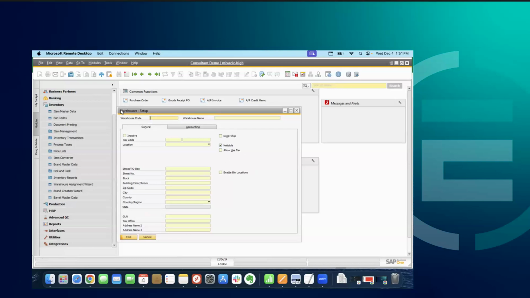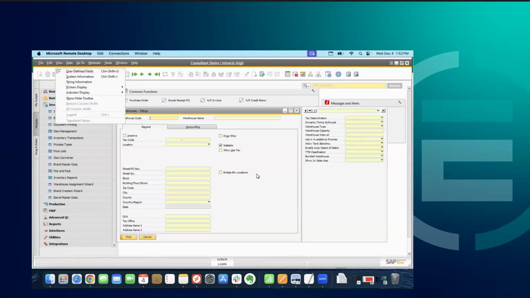The important reason is, especially on warehouses, there's a little bit of a hidden view that you're not seeing. So there's that warehouse type, tax determination. These are all things that are very important for the TTB, for example, or just certain reports or functionality in the system that you might not see without going to view user-defined fields. So I'm going to find,